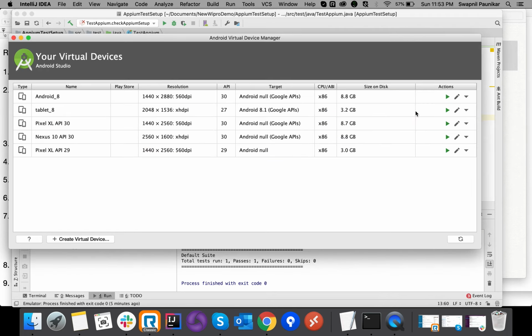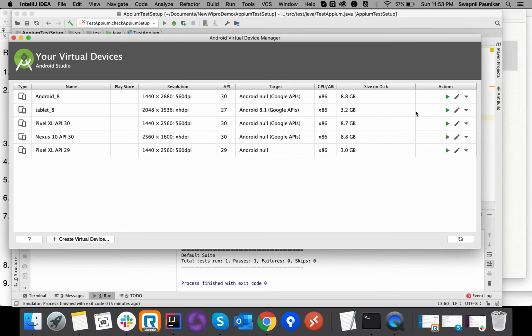Then platform name, we have picked Android because we are going to run on an Android OS. App activity and app package I have chosen for Gmail, which is already there in our emulator. Automation name, we have picked UI Automator 2. Right now, for Android we have UI Automator 1 and UI Automator 2 to interact with the device. I have also kept noReset as true just to keep the app cache.